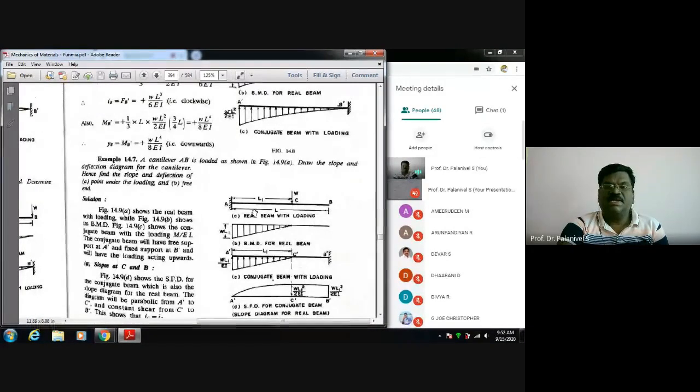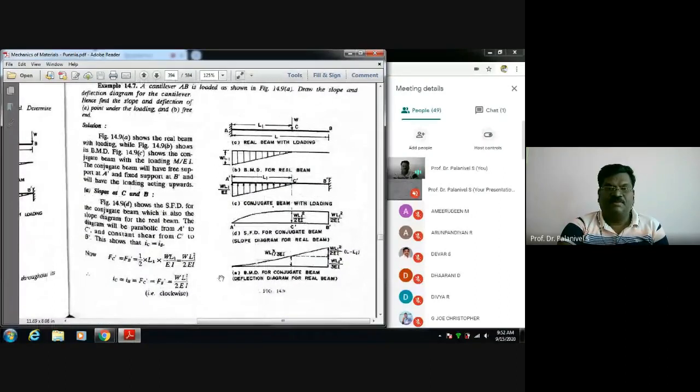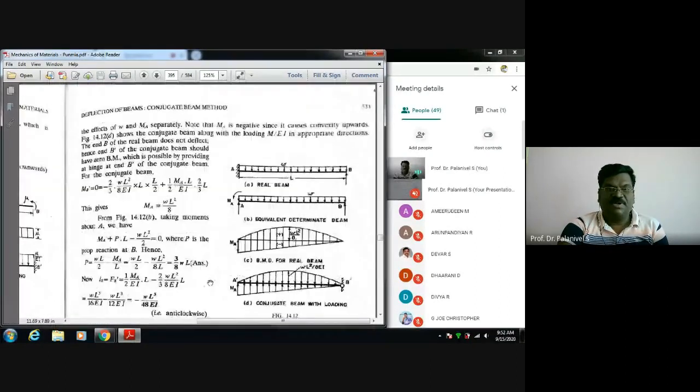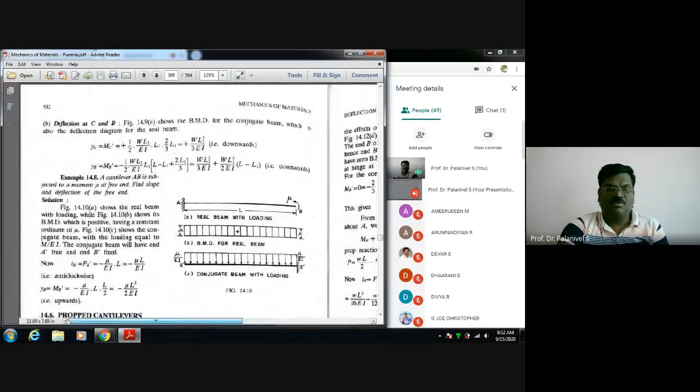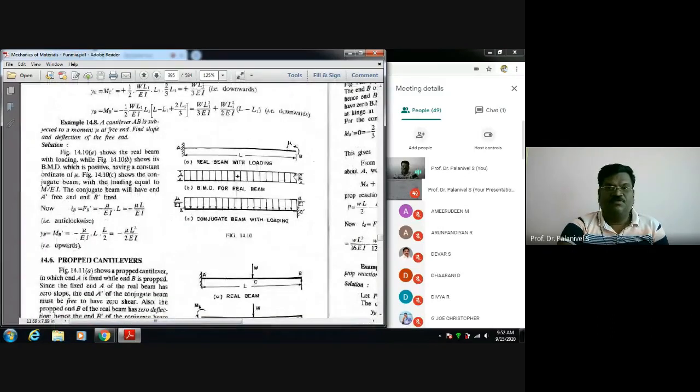Okay, suppose in the cantilever the point load is given here. This is the bending moment diagram, M by EI diagram. How to do it? Same manner with the notation. It has been explained in this textbook. Okay, you should know. You have to go through it and do it on your own and practice. Here also, a cantilever beam subject to a couple, capital M. Here you use some notation like mu. You don't use it. You use capital M. Okay. Wherever mu comes, put a capital M. Hope you will follow this.